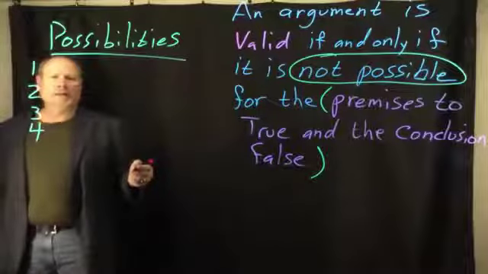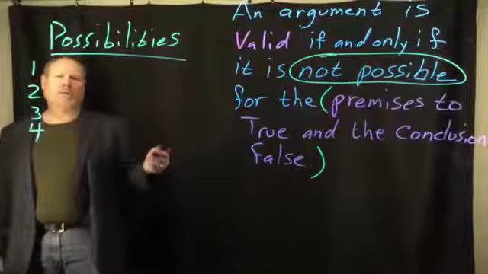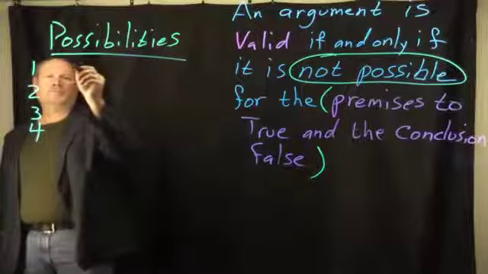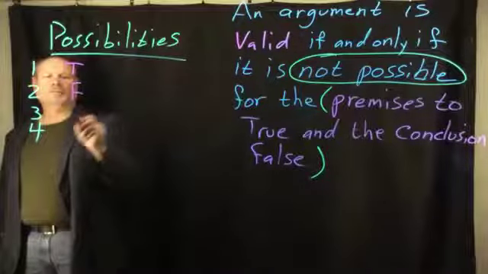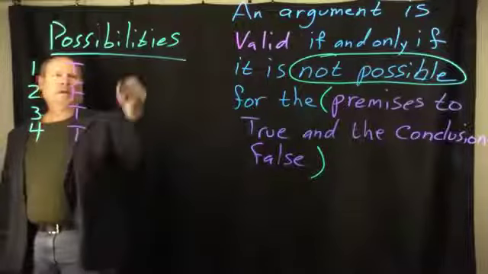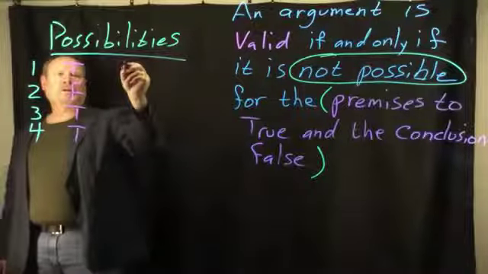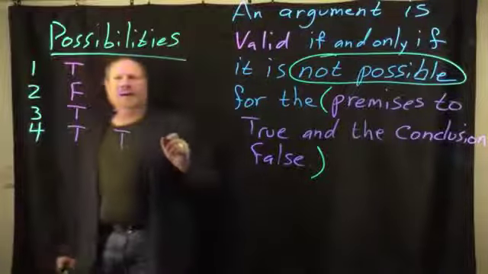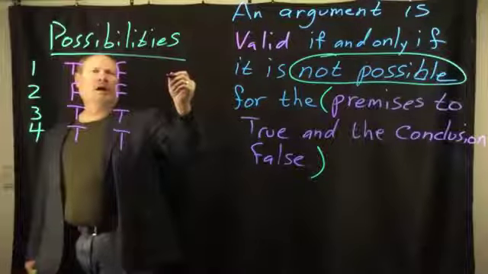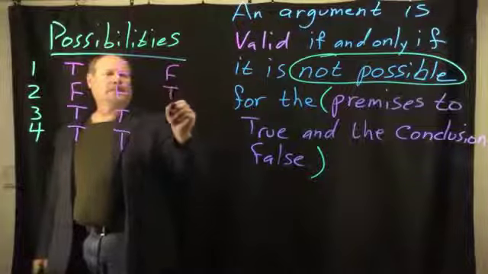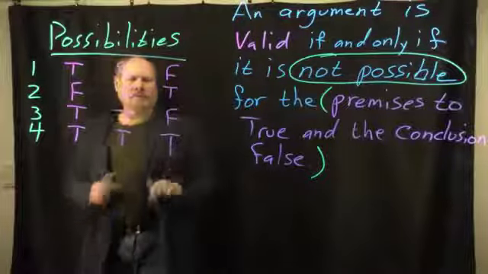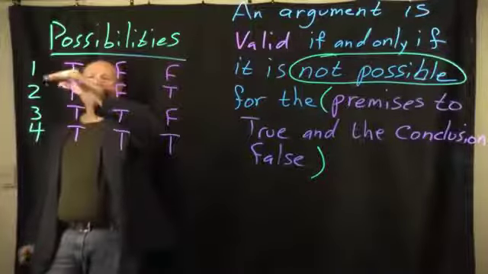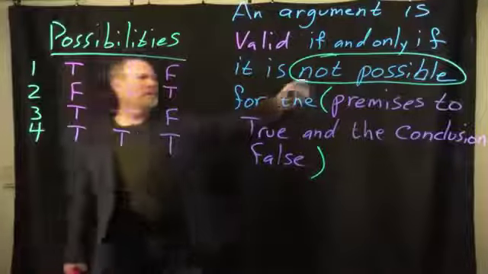What we can do is determine the possibilities per premise, per possibility. So let's say that our first premise has the following combination of possibilities. Our second premise then has the following combination of possibilities. And let's say our conclusion has the following combination of possibilities. Okay, now what we've done here is we have just mapped out all of the possible combinations for true and false